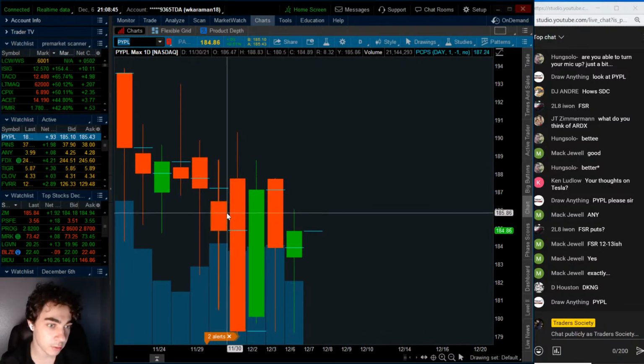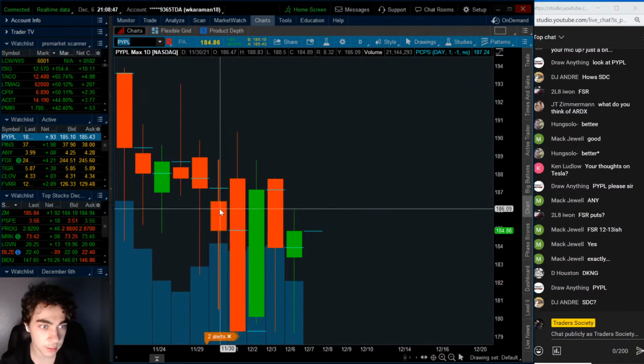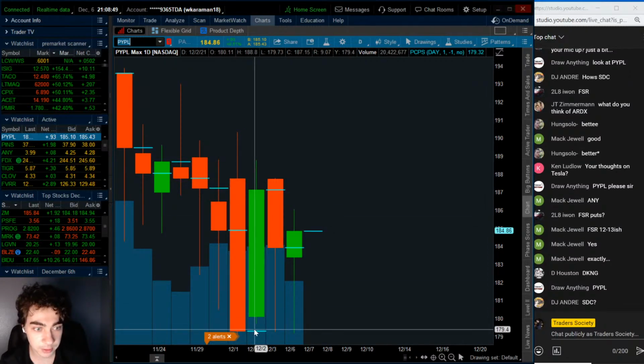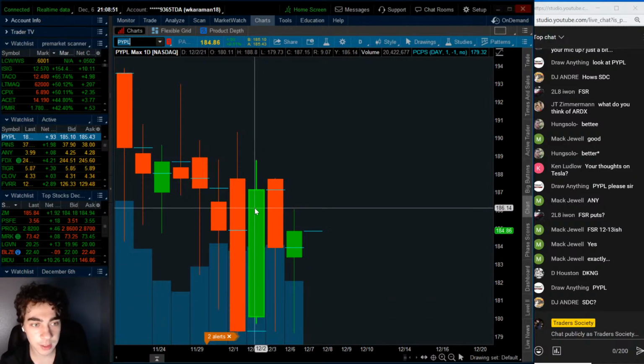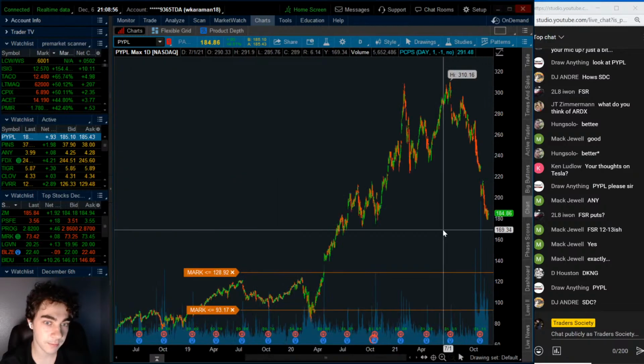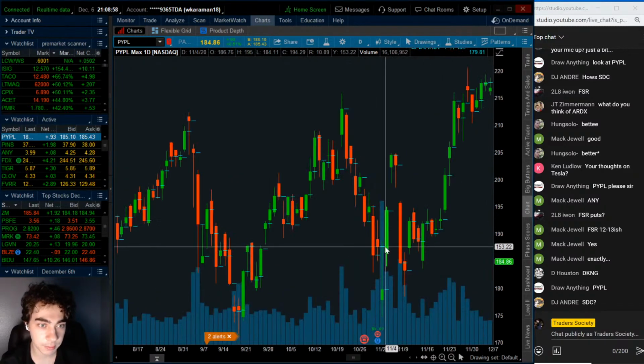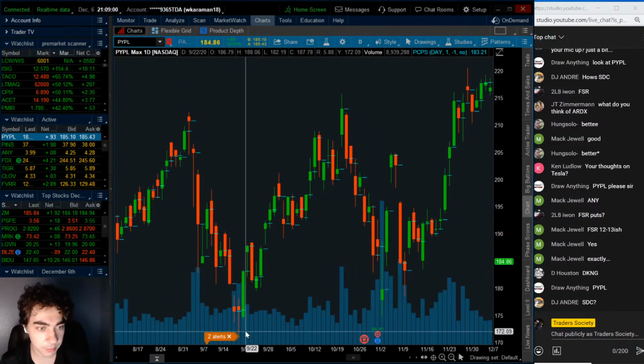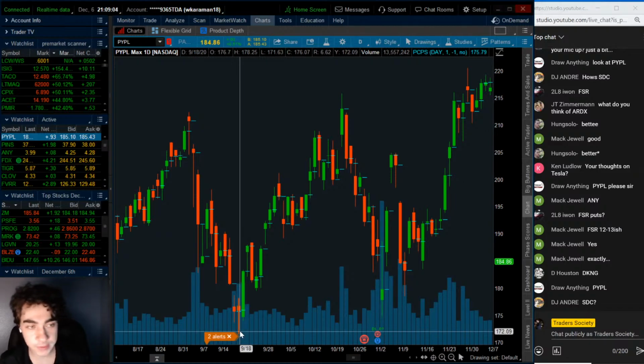into resistance. It's been trying to not only break down as it's been doing, going back to 179, but it's been trying to turn into resistance. And it's not good when you see previous heavy support react as resistance. That's when you can see the stock really start to crumble. So if it can't break out past 185 and turn into support, the next level it's going to is 172